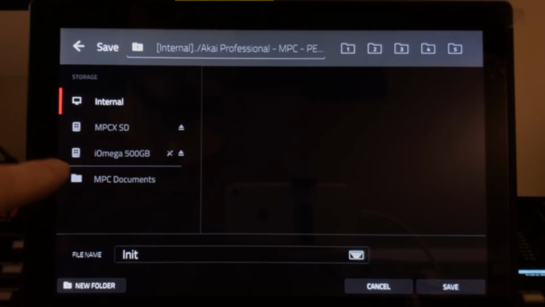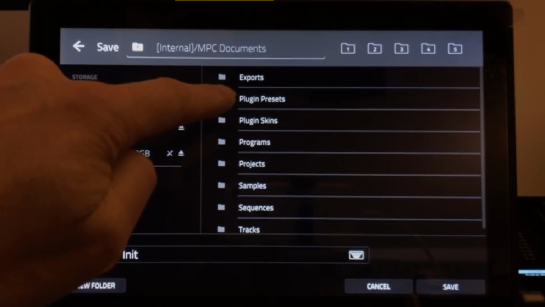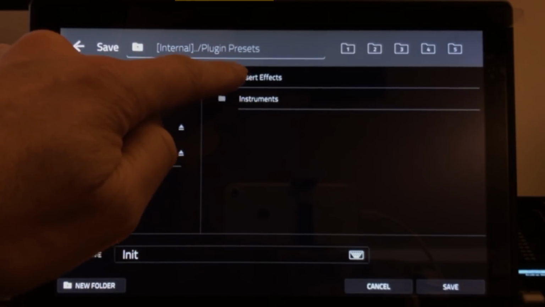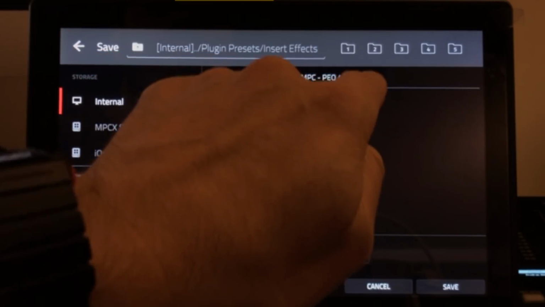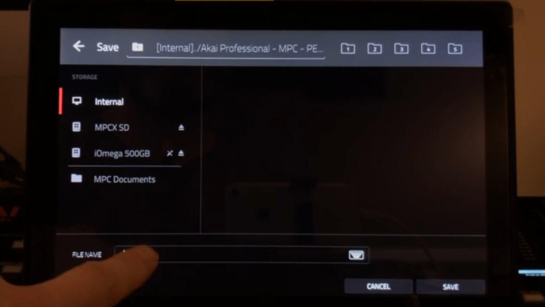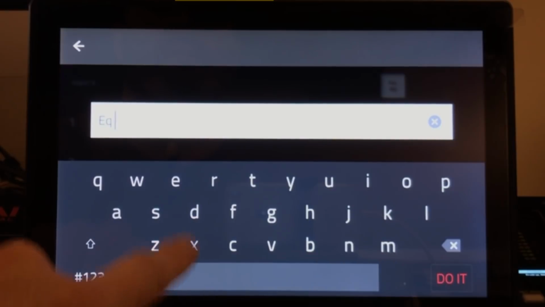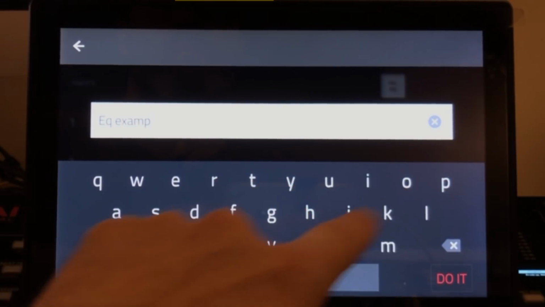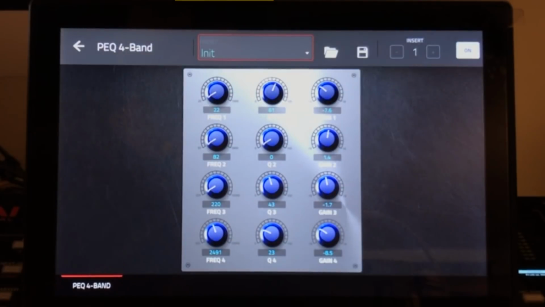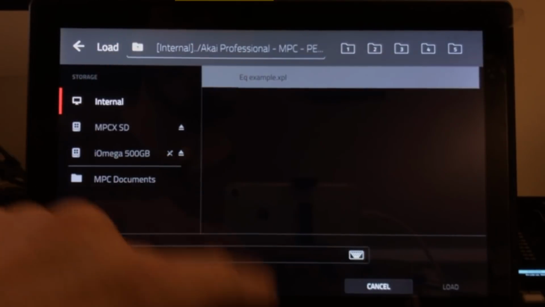We can press the disk icon, go to MPC documents. You can see you've got a folder here now called plugin presets. Double tap that, insert effects and instruments. If we double tap insert effects, it automatically creates a folder for the corresponding plugin. If we double tap that, we can now name this preset. So EQ example, and save. So let's say now we've made changes to this, but we wanted to reload that back in,